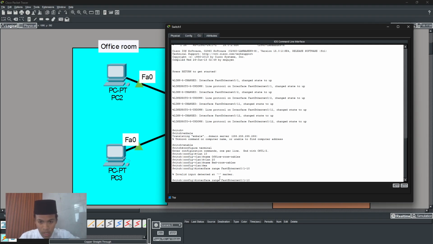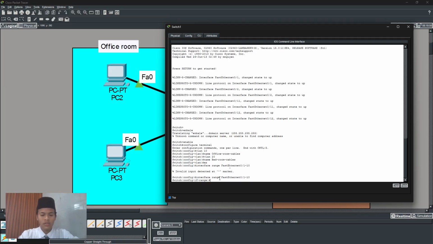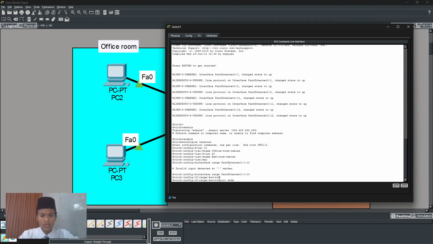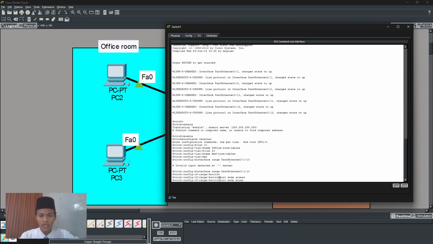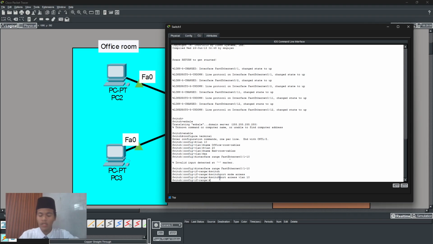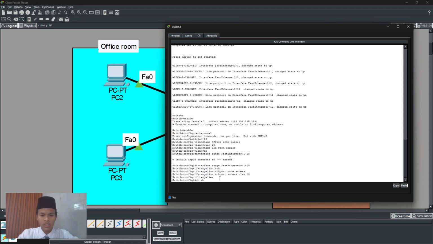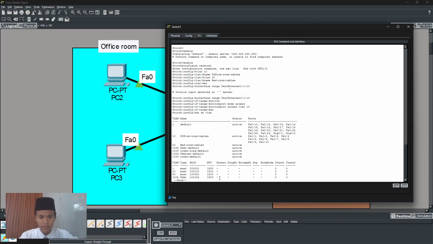Oh, I made a typo. The second one is you can switch port mode access like this, enter. And next one is switchport access VLAN. The name is VLAN 10, so I'm going to type VLAN 10. Okay, and it's done. If you exit and do show VLAN, you can see here